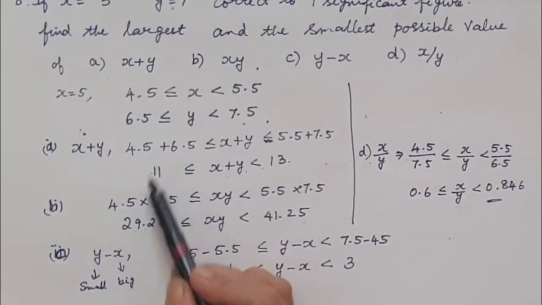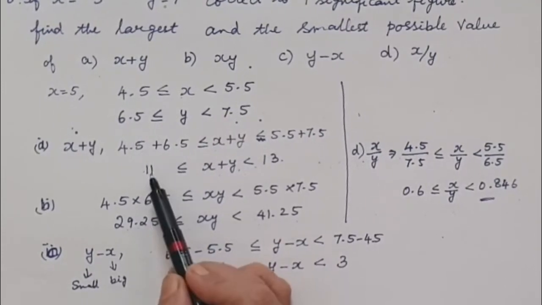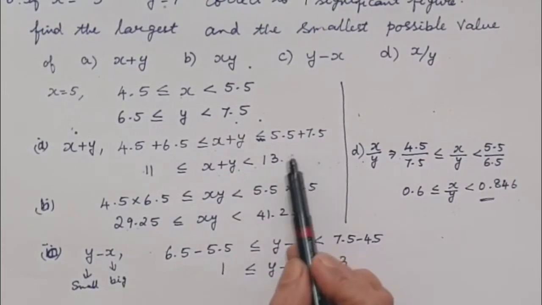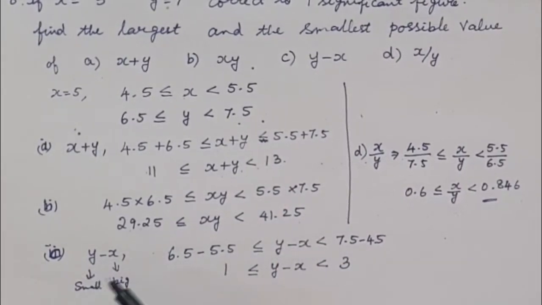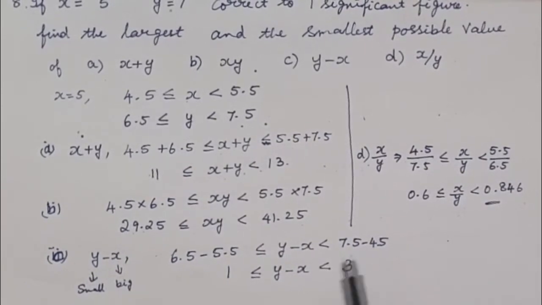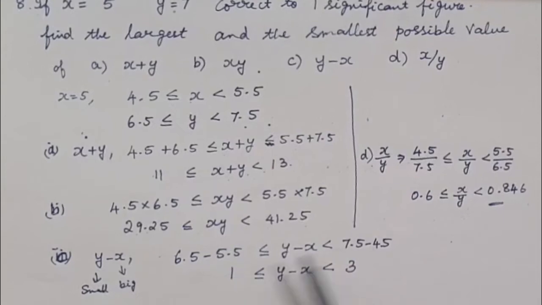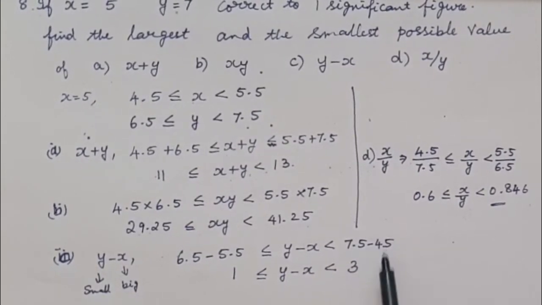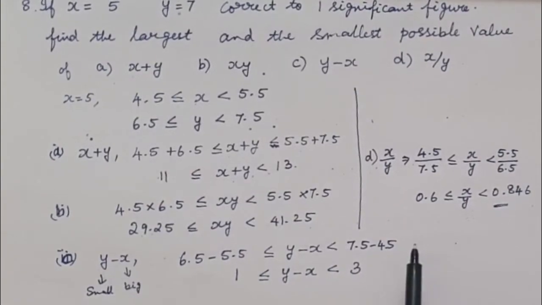For addition and multiplication, in order to get the lower bound, we add and multiply the lower bounds. In the same way, for getting the upper bound, we add and multiply the upper bounds. But when doing subtraction and division, you need to concentrate. We have to check how we will get a smaller value when we do subtraction and division. In the same way, how to get a higher value when we do subtraction and division.